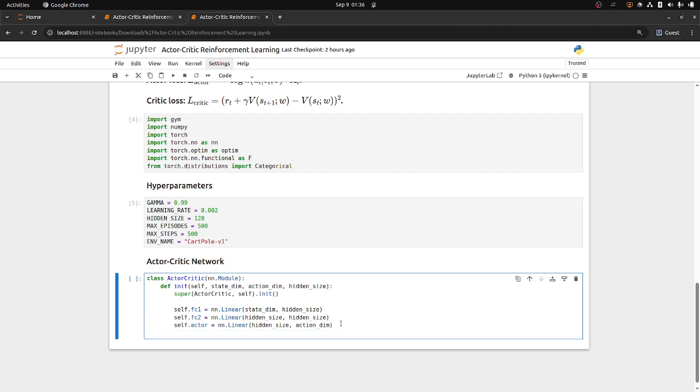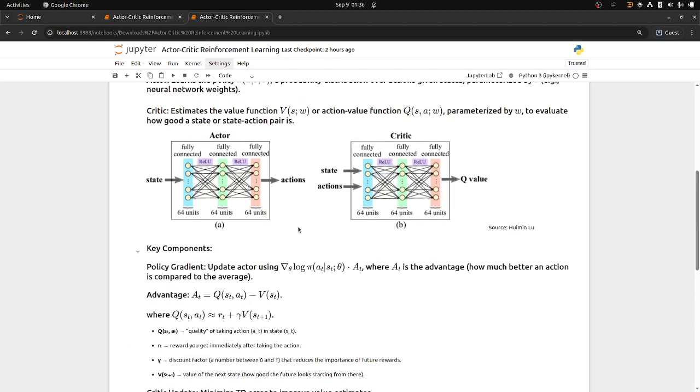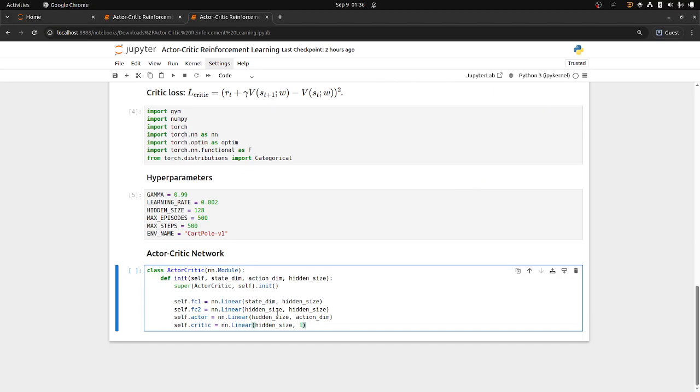And similarly for the critic, it will also take the hidden size as input, and then it will only give one output, which is this V value. Okay,